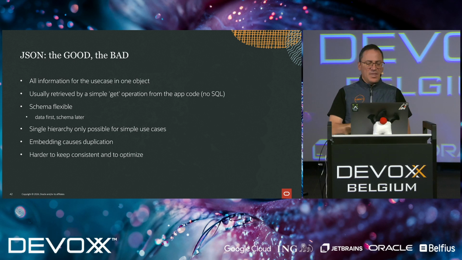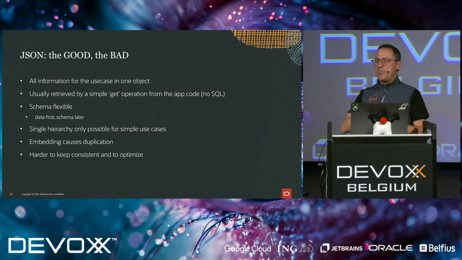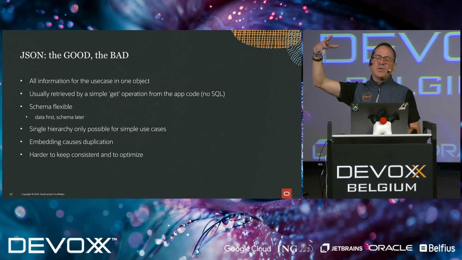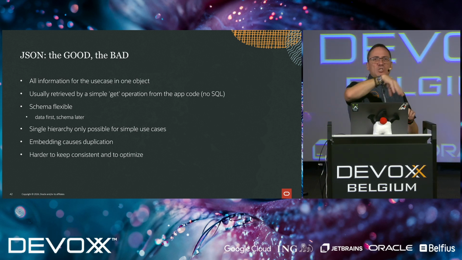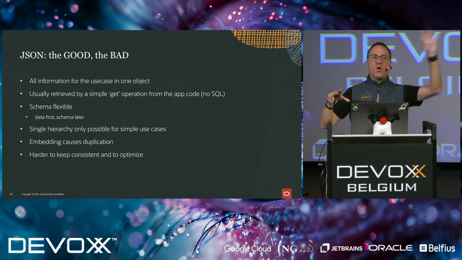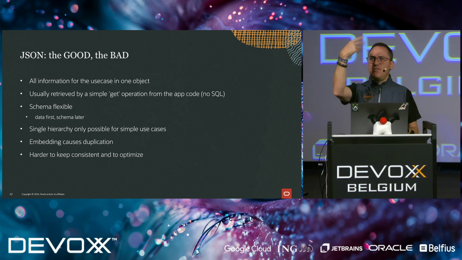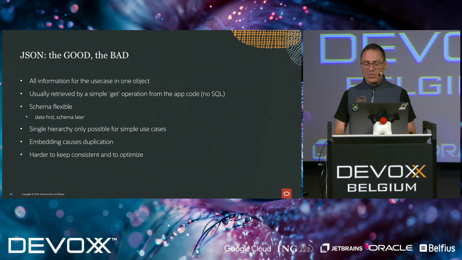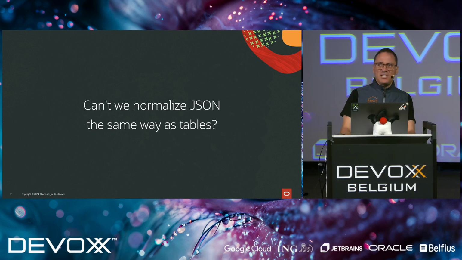Now, the good thing about JSON is exactly that: we can define the root of our document to be anything we need. Even for different clients, we don't have to store it in different ways. We store it in one way, and we just expose it as we need it for the mobile version, the browser version, or a different edition. That's great. However, depending on how we do the nesting, however we do the references within our entities, there will be data duplication. And that is kind of a big no-no when you're dealing with a database, at least in the relational way. So can we normalize JSON?